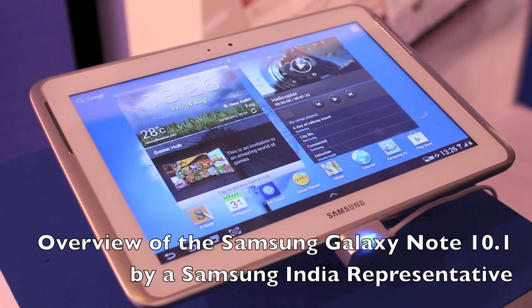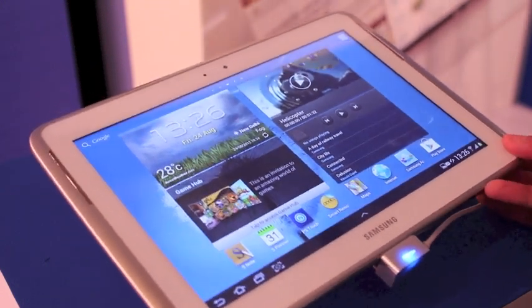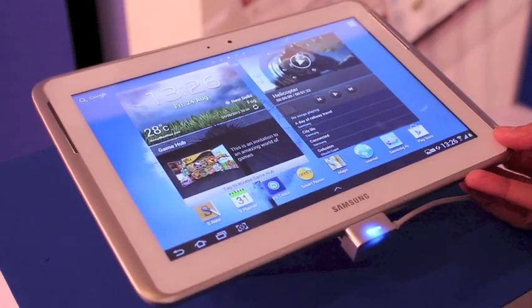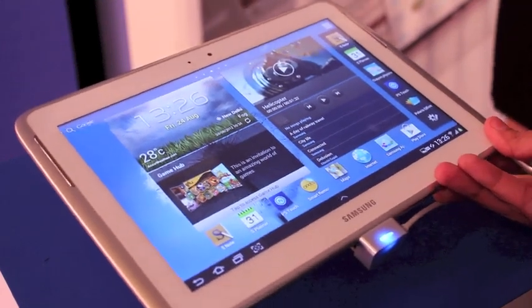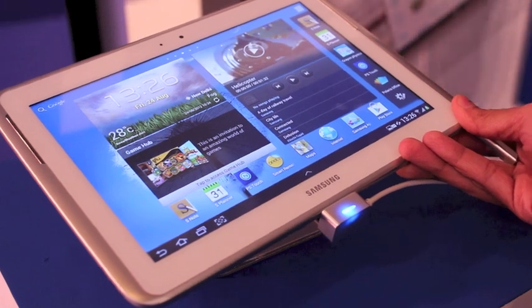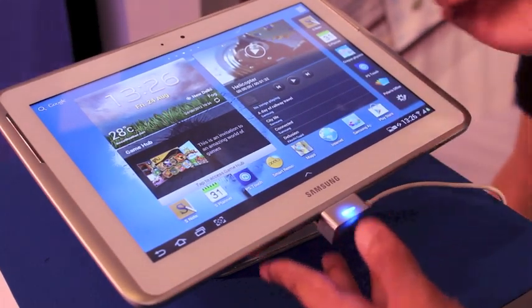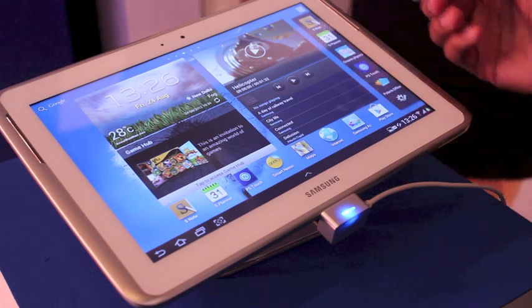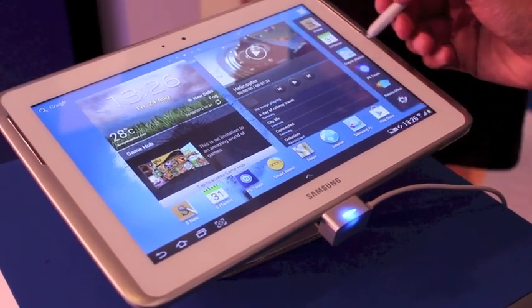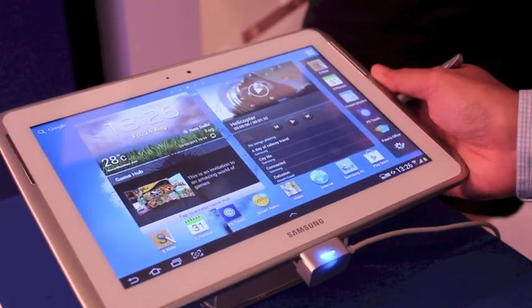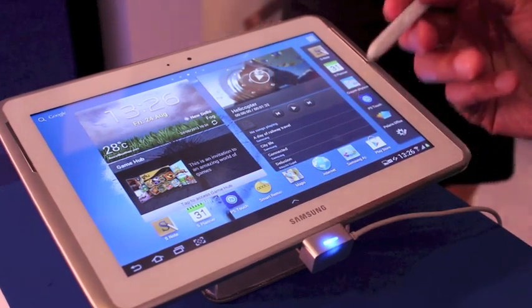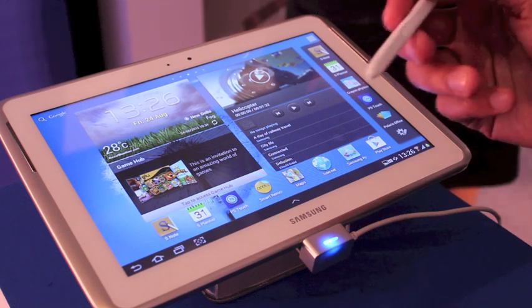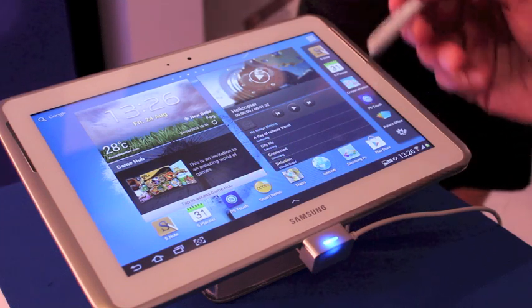Samsung India. Okay, so we call this the Galaxy Note 800, and the most interesting thing about this device is the S Pen. When you take out the S Pen, there is an automatic toolbar that pops up, and S Note, S Planner, and some applications which are optimized for the S Pen. The important thing about this Galaxy Note is the S Pen, which has 1024 levels of pressure sensitivity.